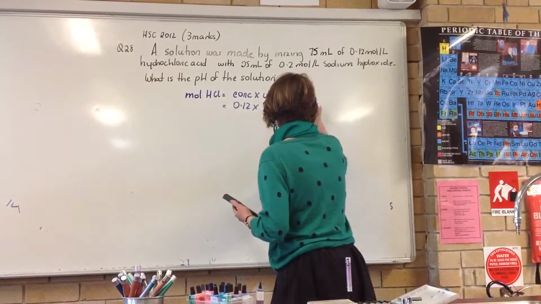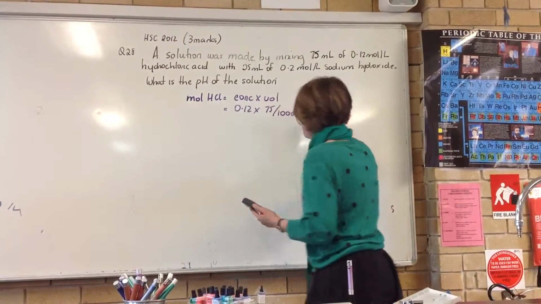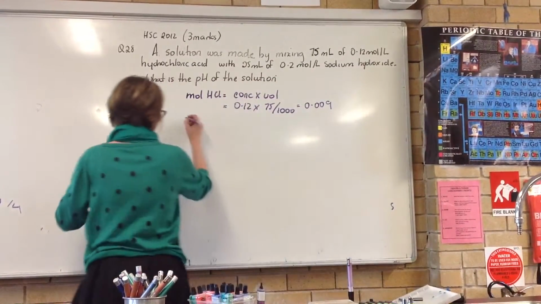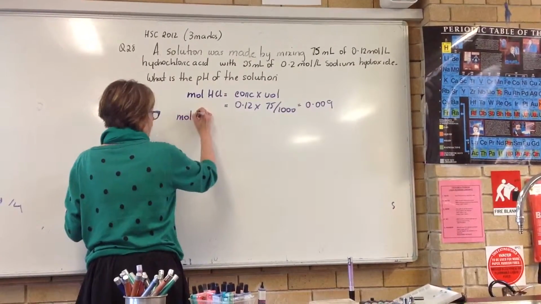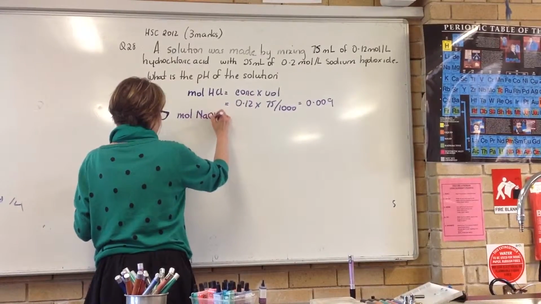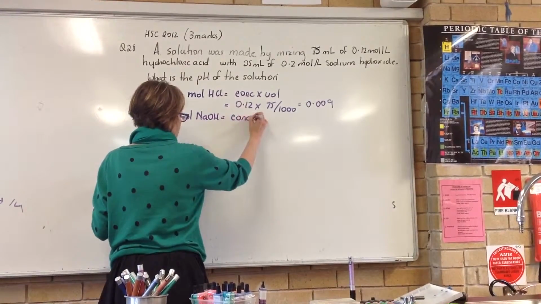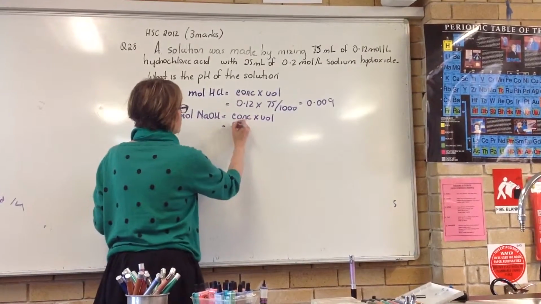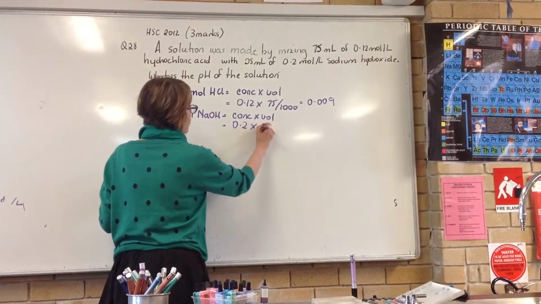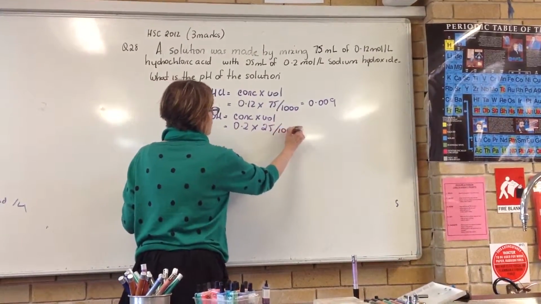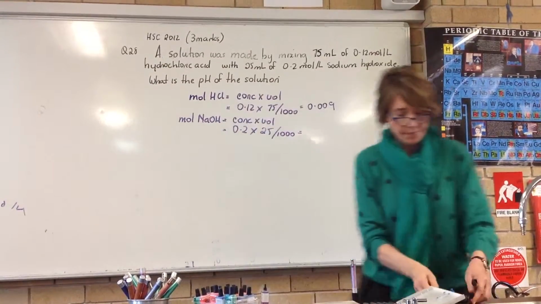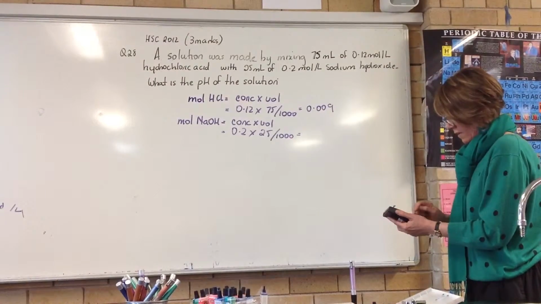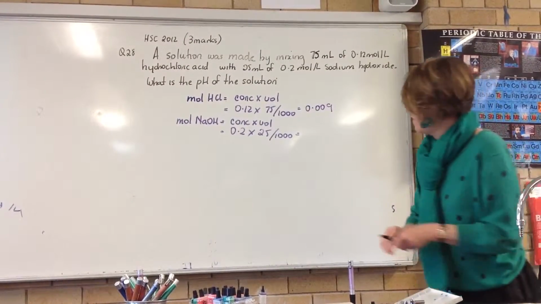Alright, so we've got 0.009 for the number of moles of HCl we're starting with. Similarly, for the moles of the sodium hydroxide that we're starting with, it will be concentration times the volume. Looking at the numbers given, the concentration is 0.2 and a volume of 25 mL, but adjusting it to be into litres. And we've got a value of